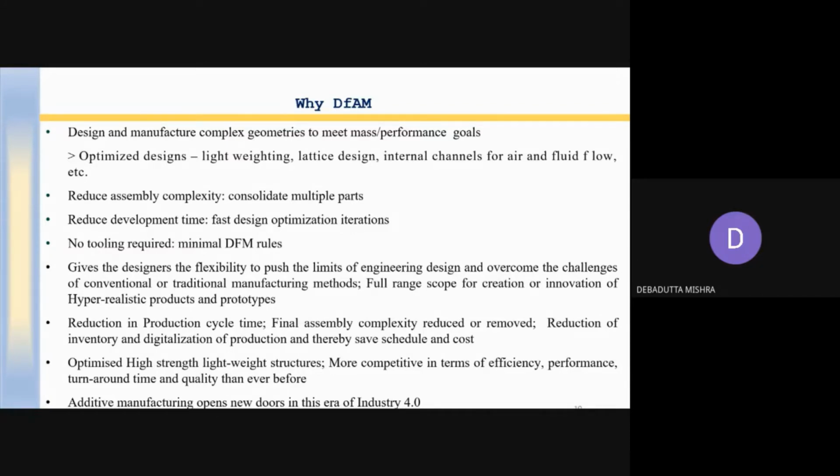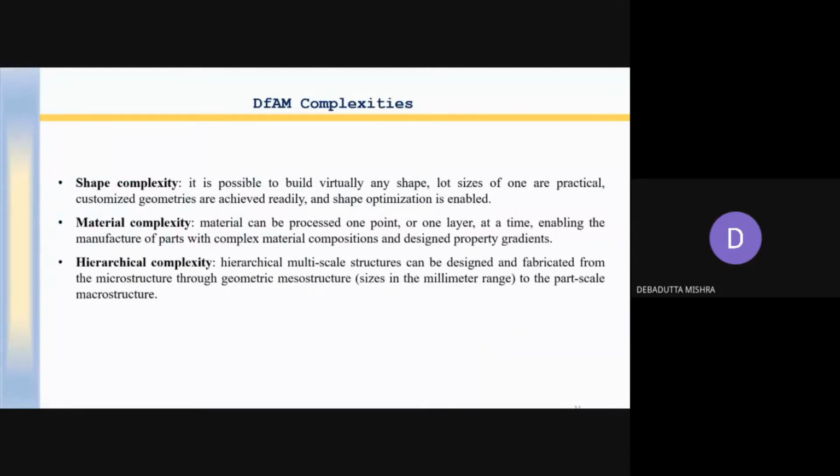It means you may be sitting somewhere else and the production will go on somewhere else. So Internet of Things, you can have all this. So this promotes the implementation of Industry 4.0.